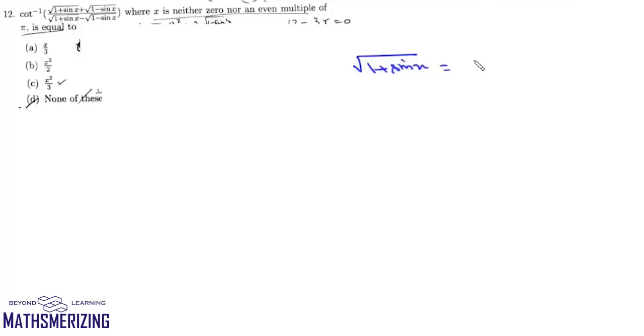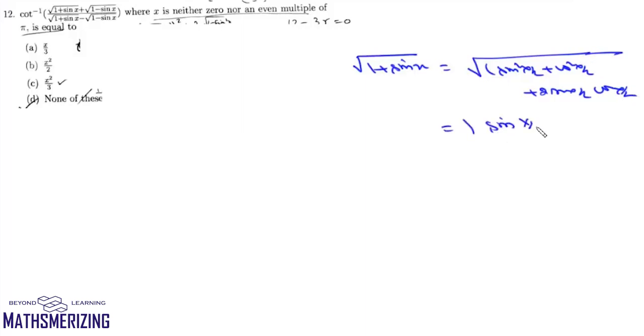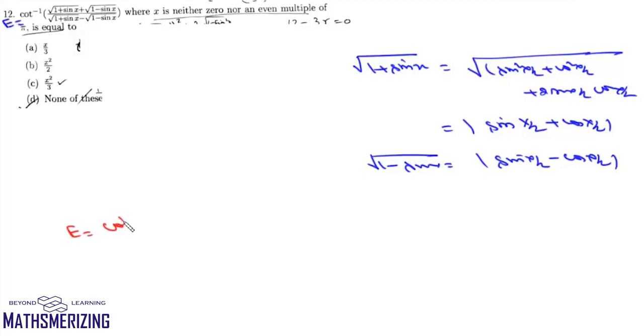Now we know that we can write 1 plus sin x as under root of sin square x by 2 plus cos square x by 2 plus 2 sin x by 2 into cos x by 2. So it will be mod of sin x by 2 plus cos x by 2. In the same way, we can write 1 minus sin x as sin x by 2 minus cos x by 2. So this expression, say E, it will be equal to cot inverse mod of